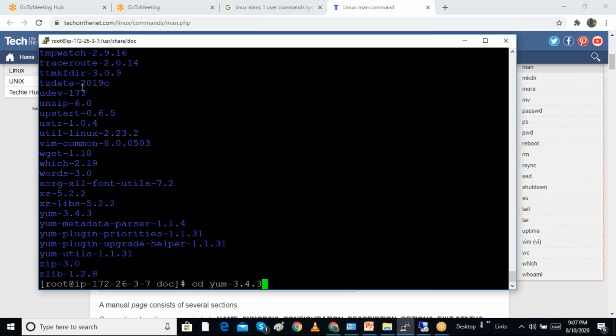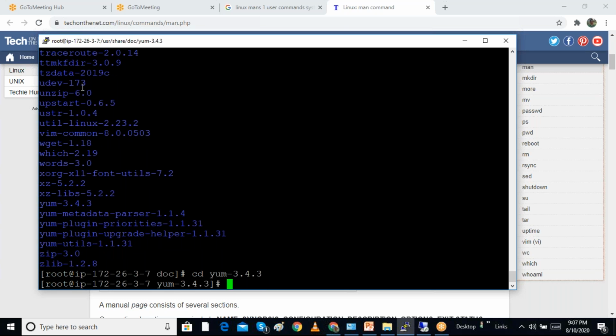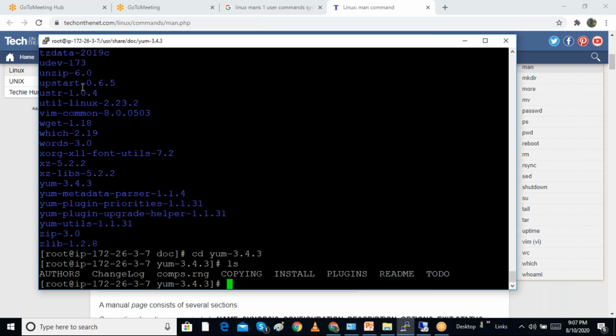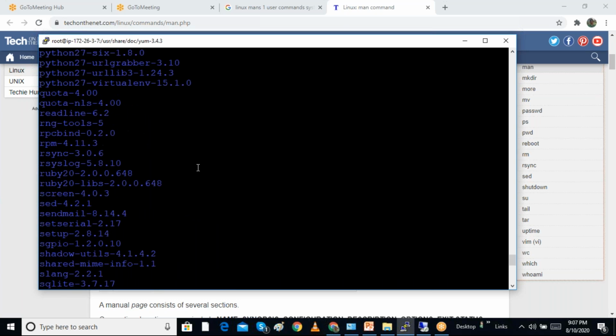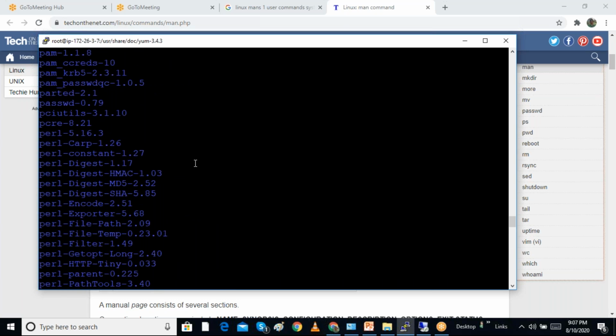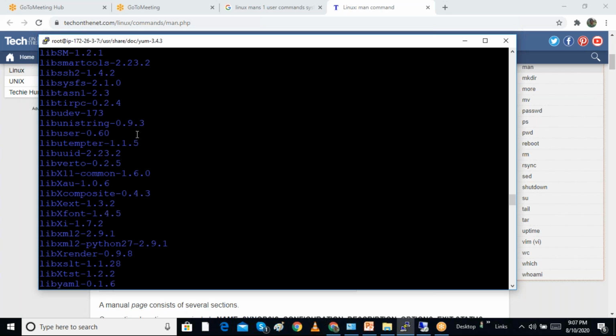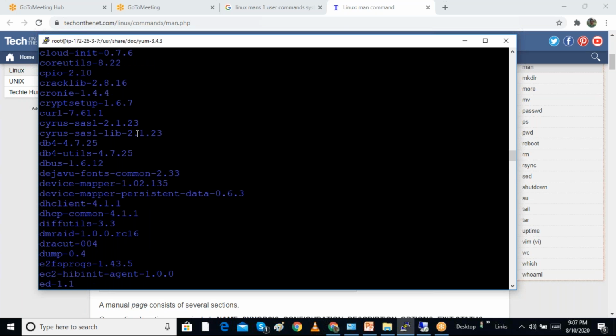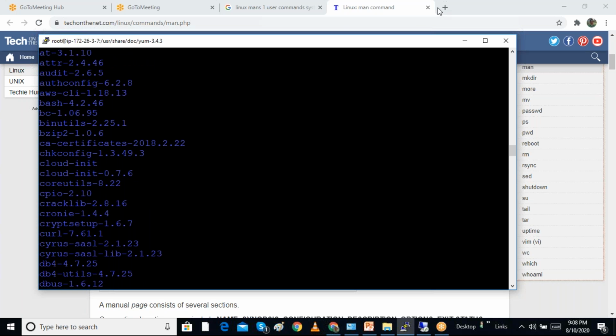When we go to this folder, we will get the help for this program. Whenever we install an application, it will have a folder here with the corresponding documentation.